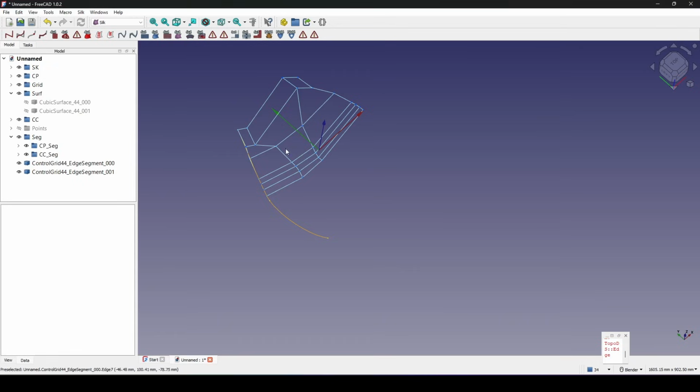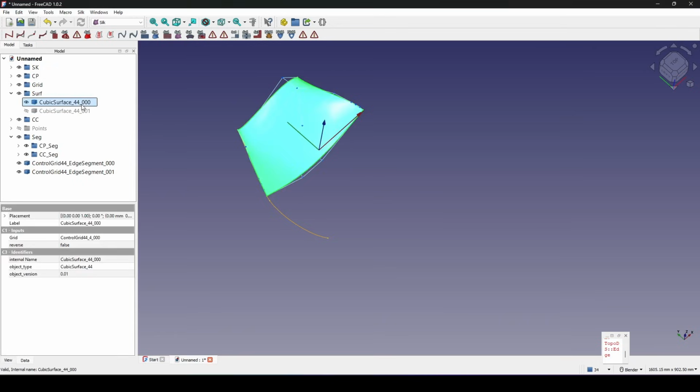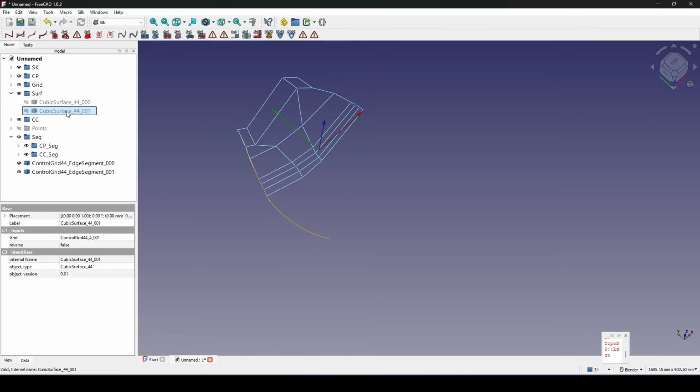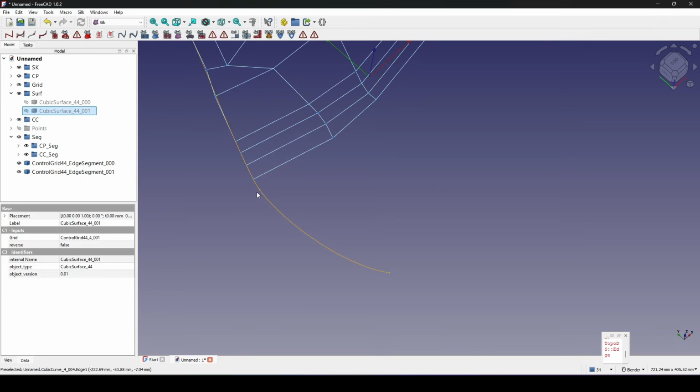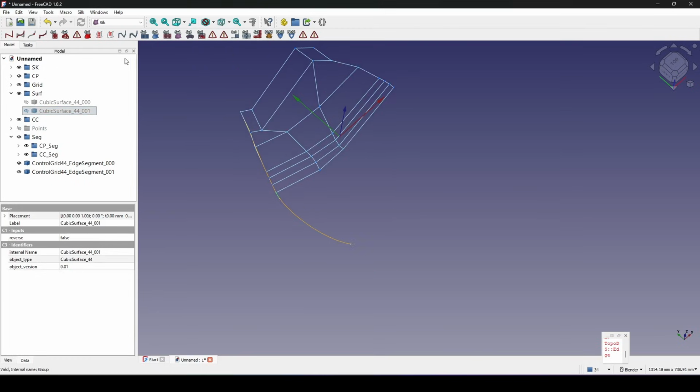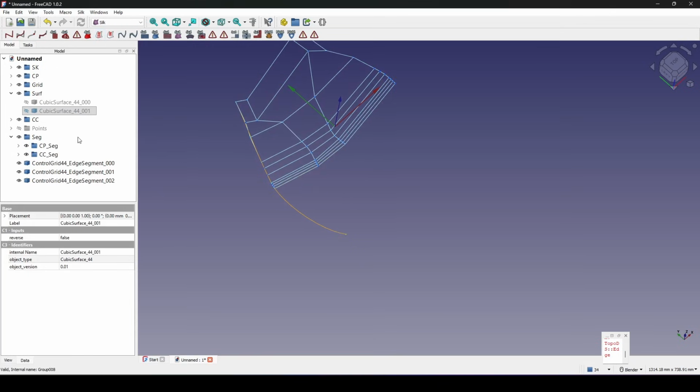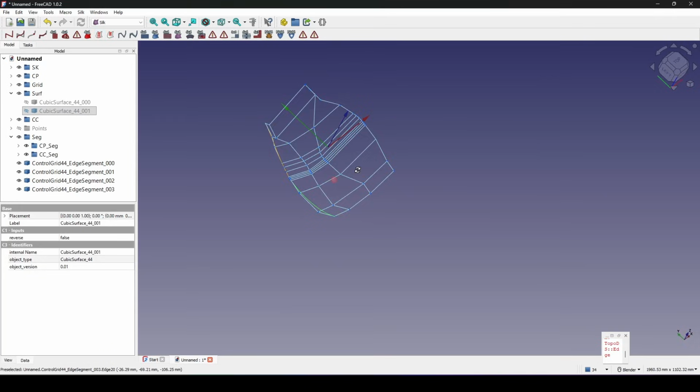Okay, now we finished the first. Now we're done with this surface. So I click on this second surface, and then I control click on this small one over here, and I create a grid, a small grid. Doing the same, I select this one, and create a small grid. Okay, now we have 4 grids,